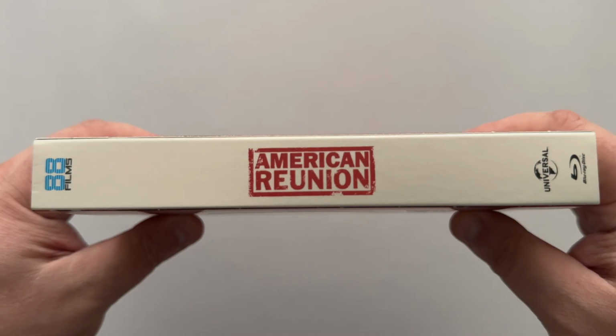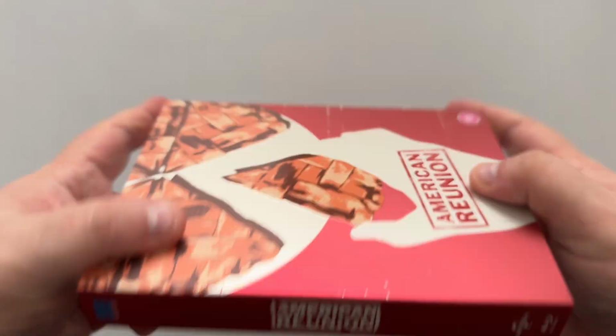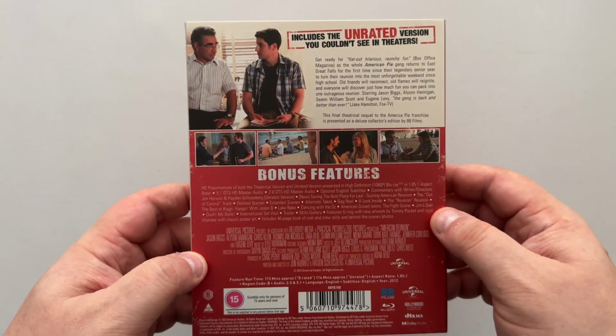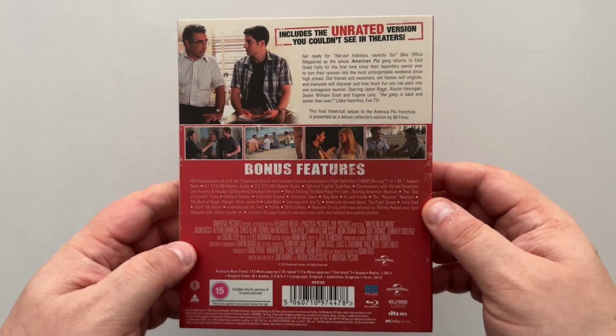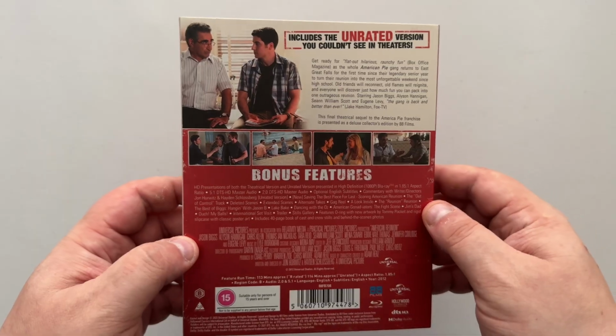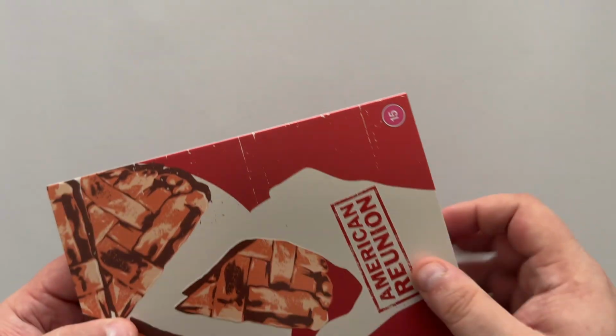Bring it round to the spine. You've got American Reunion written there and on there as well. Bring it round to the back. You've got a description of the film, a list of your bonus features, and your tech specs at the bottom. Right, so we take it out of its slipcover then,